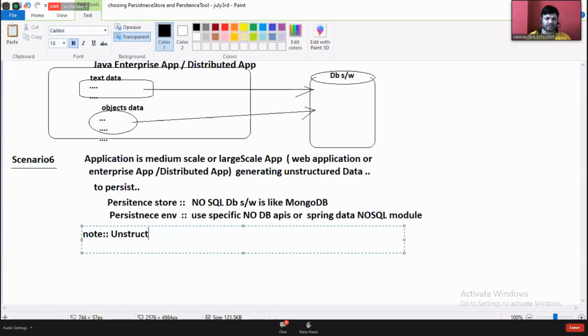Okay. Unstructured data means the data that changes dynamically.